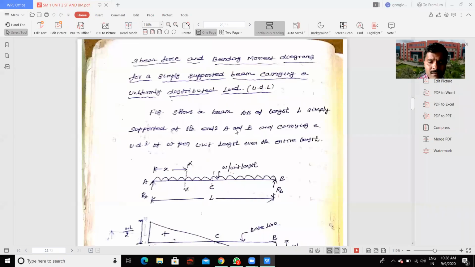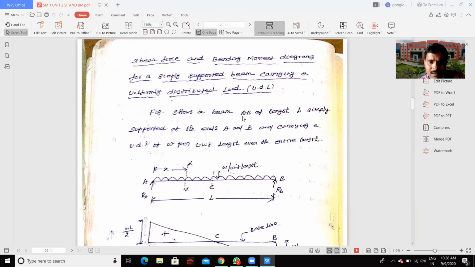Hi. Today, in the strength of material subject, Unit 2, Lecture 7, we will discuss the topic about shear force and bending moment diagram for a simply supported beam carrying a uniformly distributed load. In previous lectures we discussed a simply supported beam subjected to a point load, and how to draw the SFD and BMD for that. So in this lecture, how to draw SFD and BMD for a simply supported beam carrying UDL, that is uniformly